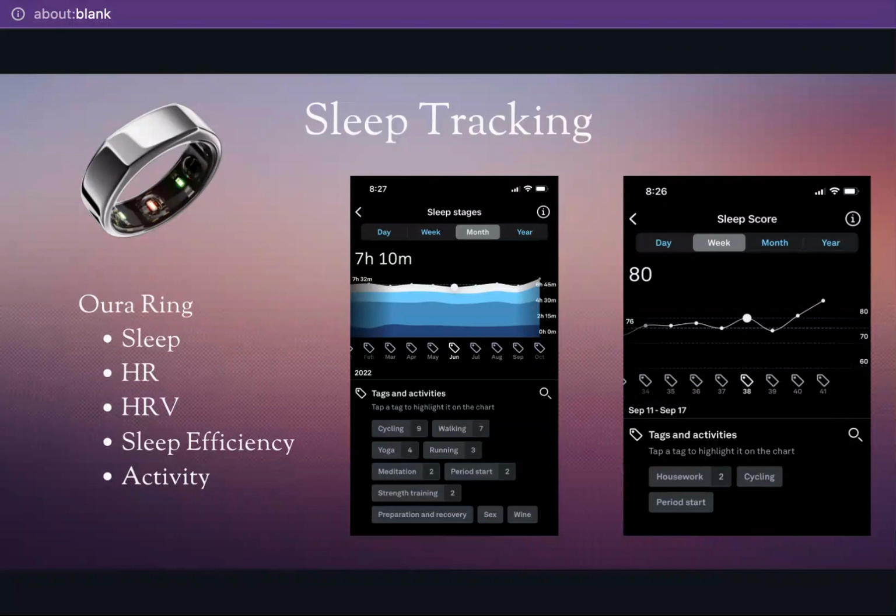You can use it to track activity. You can see here that it is showing you my stages of sleep. If you guys remember from the other image, the white is awake, the light blue is your REM sleep, the darker blue is your light sleep, and the dark blue is your deep sleep. And so you can see how much of your sleep over time is dedicated to each of those, and you can actually monitor to see if the interventions you're making are making a difference.